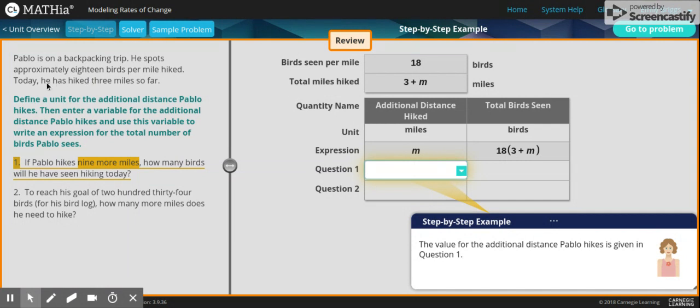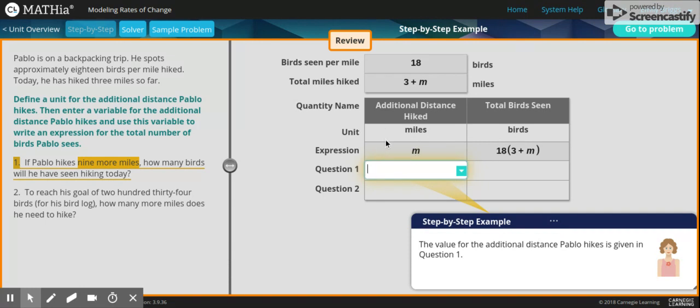And then I continue reading. It says today he's hiked 3 miles so far. So far, you don't know how many more he's going to do. So you know it's at least 3 plus whatever number it is, or whatever variable you want it to be. So I picked M because it goes with miles. And then the units are already entered in for you, but the expression M,